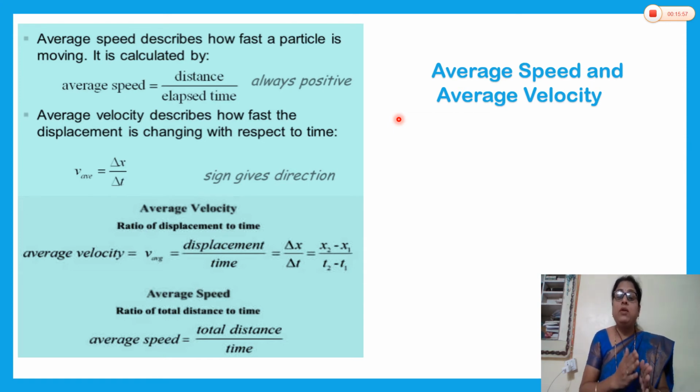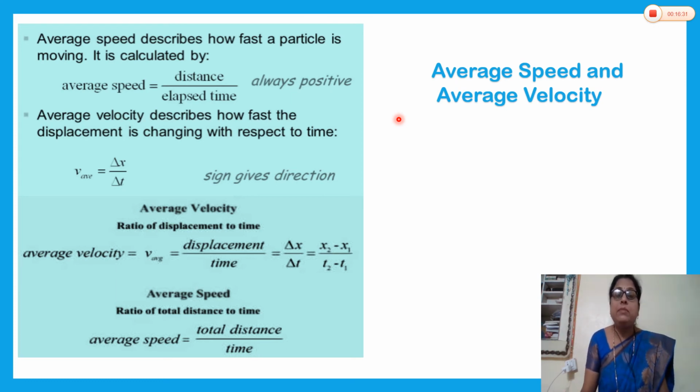Here when our car is moving from Akola to Amravati, suppose we consider the straight line, there is no change in direction. In that case, the distance and displacement are same, and we will consider the displacement upon time. Here, the average speed and average velocity both are same now, 50 km per hour. But for the velocity, we have to consider the direction. But suppose our car is moving from Akola to Amravati, 100 km, and again returns from Amravati to Akola. The total distance is now 200 km.